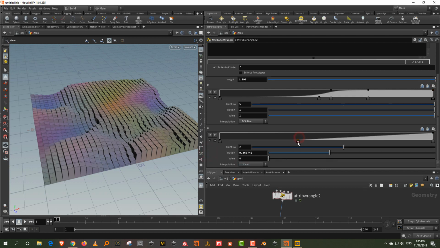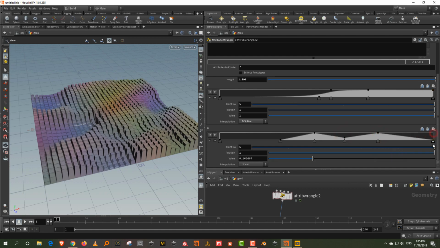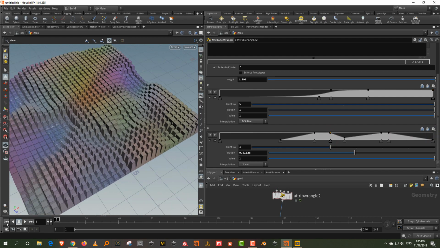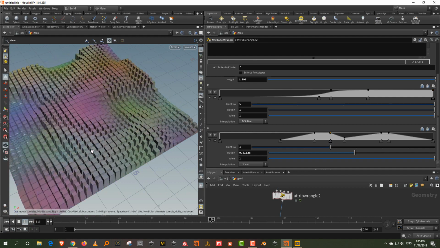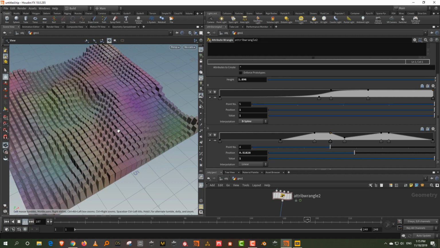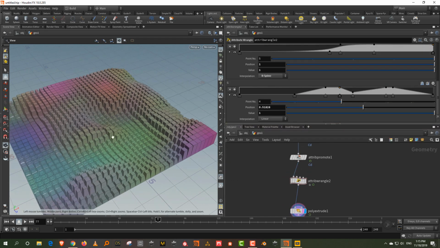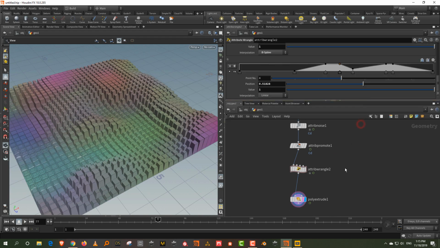So I'll say some of these are absolutely flat, and then some of these are very pointed like that. Or maybe you can also create a few of these. Yeah, see. So what you're getting now is a little more control on how the noise is affecting the extrudes. Okay, so since we are doing ramps and attributes, let's take a look at another relatively simple example